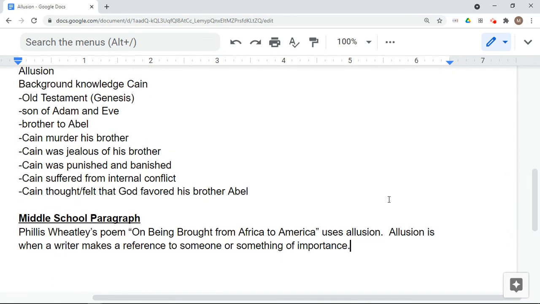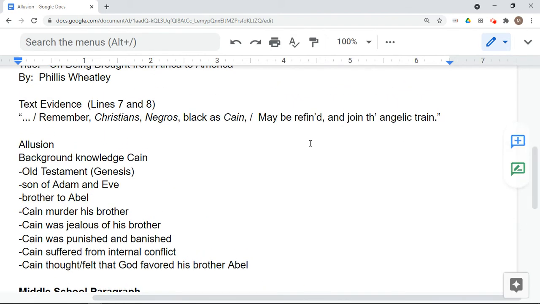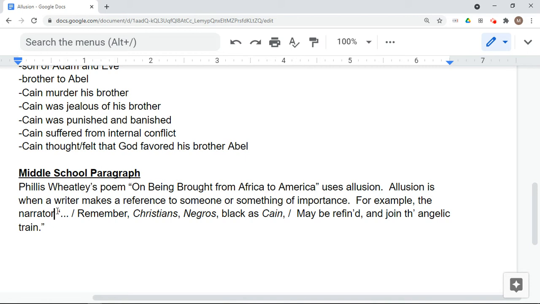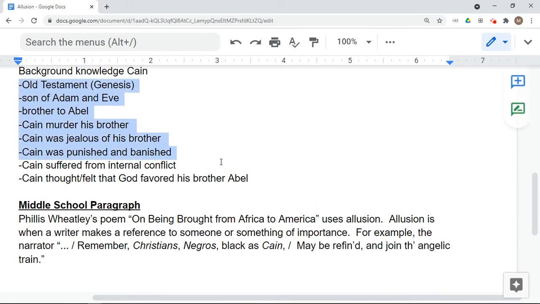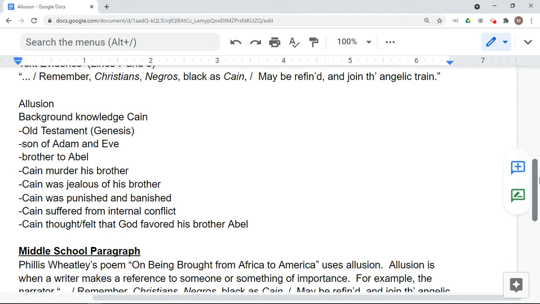So let's use a transition word by saying, for example. Or you can also say, for instance. Now, it happens in line 7 or 8, and you could also argue in the final lines of the poem. And we're going to say this: for example, the narrator, and now we're going to use our text evidence. As I lead into this, I want to look at what is going on here. So we've got background knowledge: Old Testament, Genesis, son of Adam and Eve, brother to Abel, murdered his brother, jealous, punished, banished, suffered from internal conflict. Cain felt that God favored his brother Abel. And then thinking about this text evidence, remember, Christians, Negroes black as Cain may be refined and join the